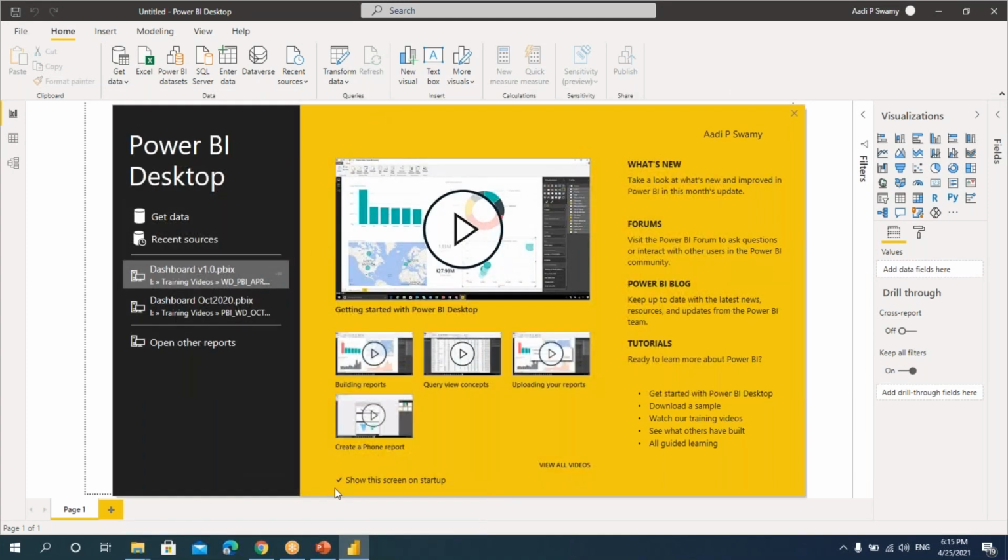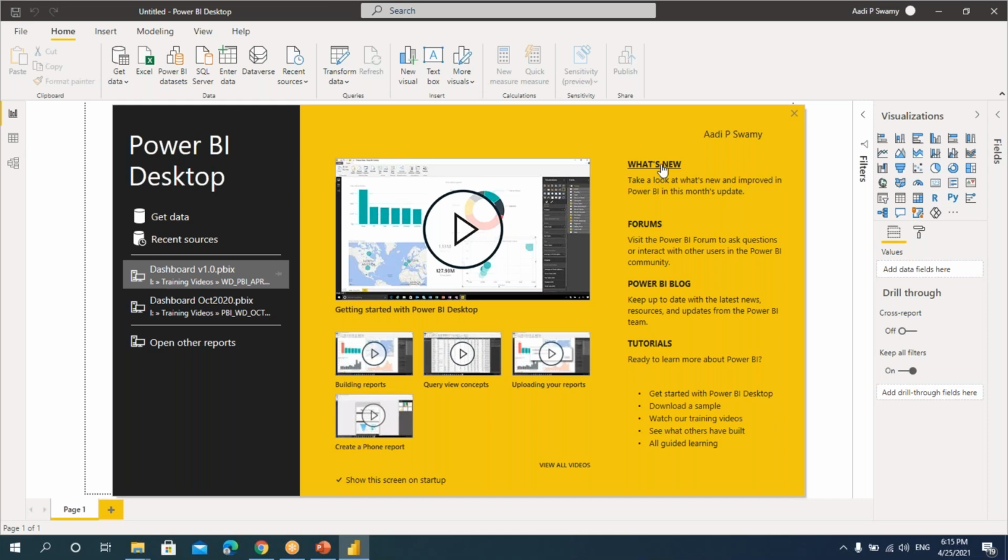So this screen is actually called as welcome screen. It is exactly like what we have in the MS Office applications. Here we can see all the recent files what we have created, and here we have some sample videos where we can refer something, and here we have something called as what's new.